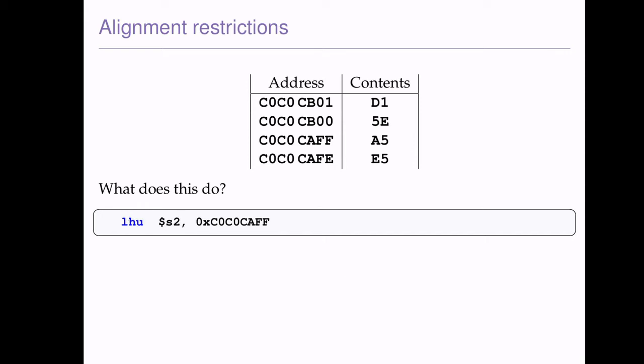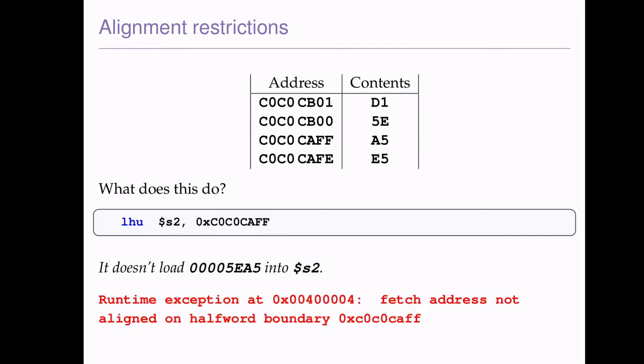So let's have a look at another one. If we try and load this half word from Cocoa Caf, you would expect that to load 5EA5 into S2. Again, that's not what happens. We get another error saying that the fetch address is not aligned on half word boundary, and that's because it's not aligned properly. So what does it mean for something to be aligned properly? Well,